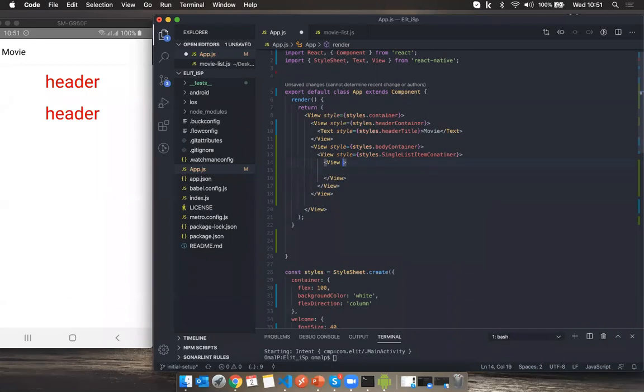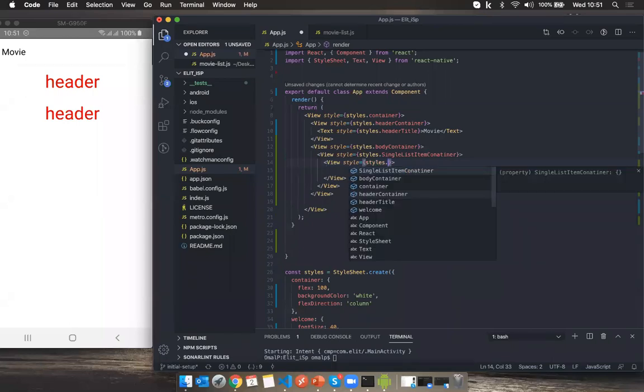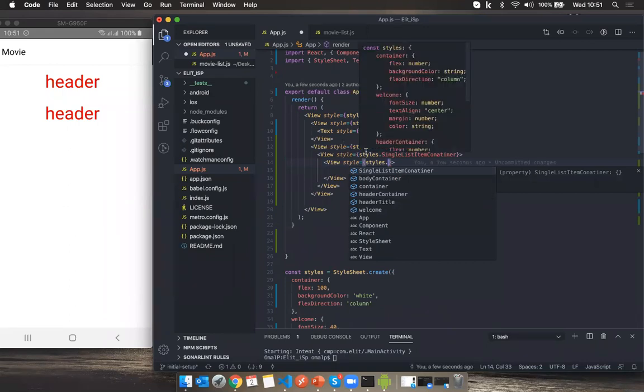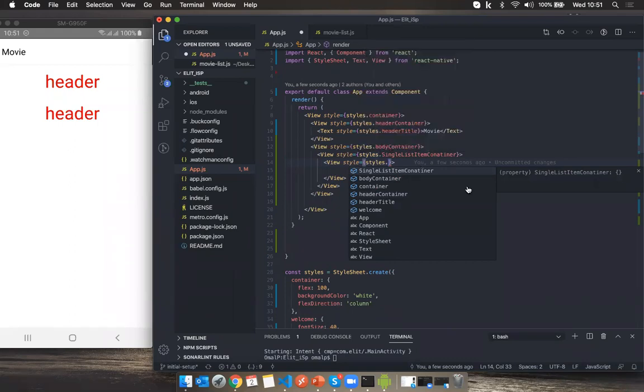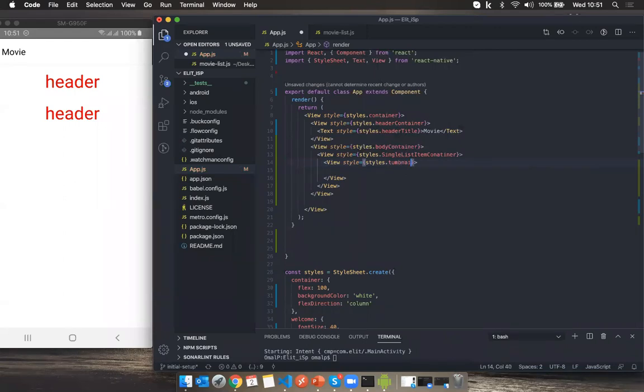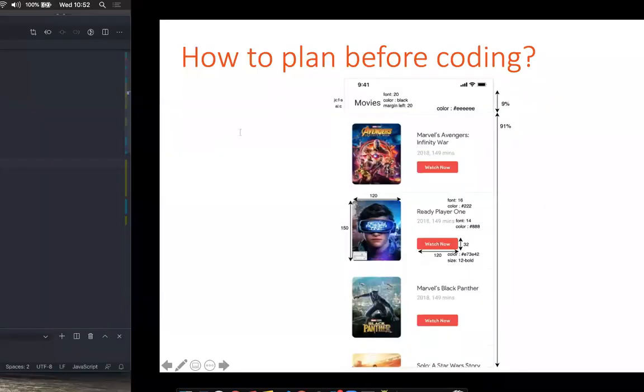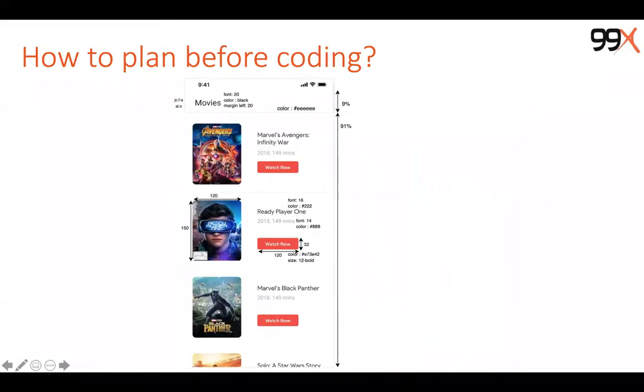Put styles. You can see I'm repeating the things that I did earlier. So this is very easy. I'll go with the movie image container. Okay, let's say a thumbnail container, in which I'm supposed to put this image.